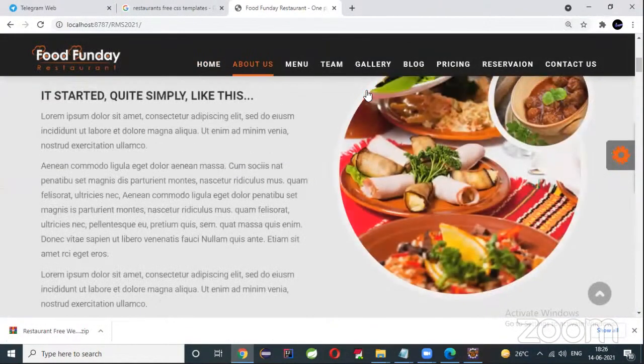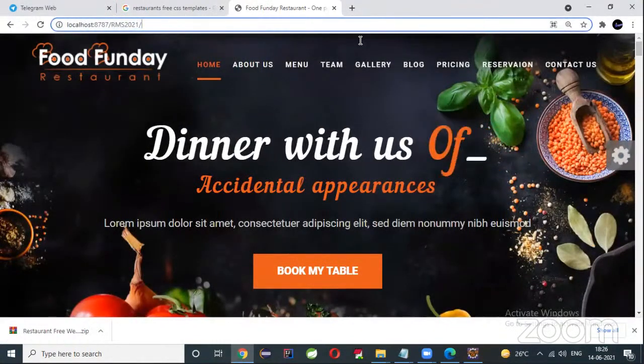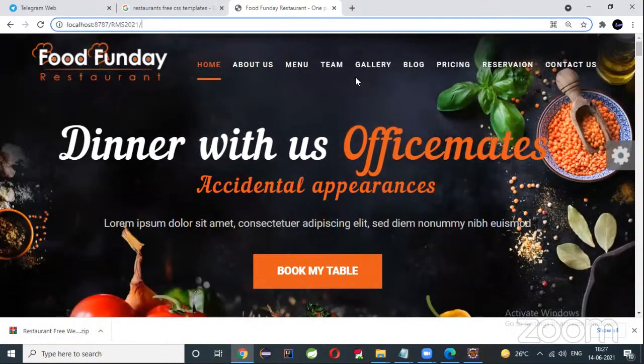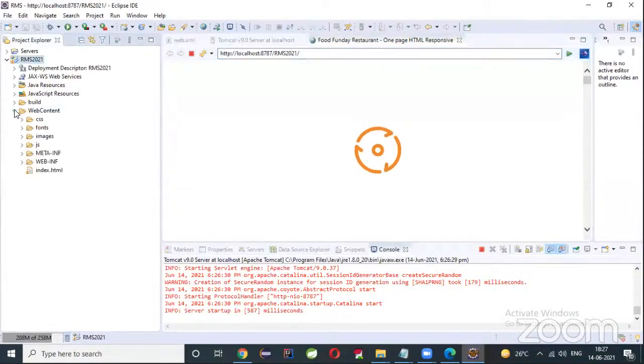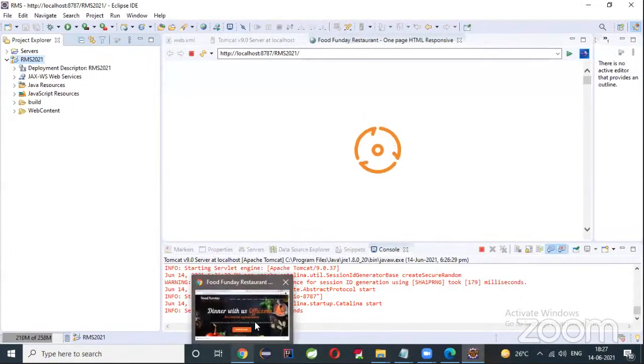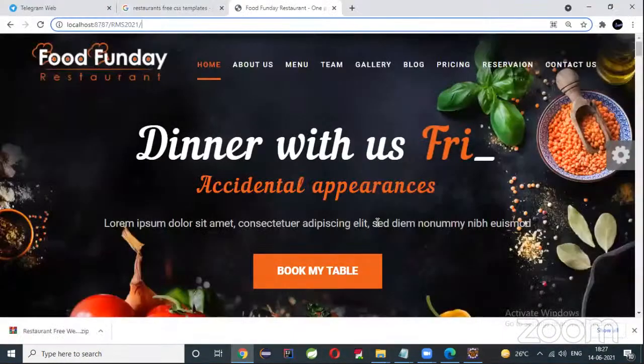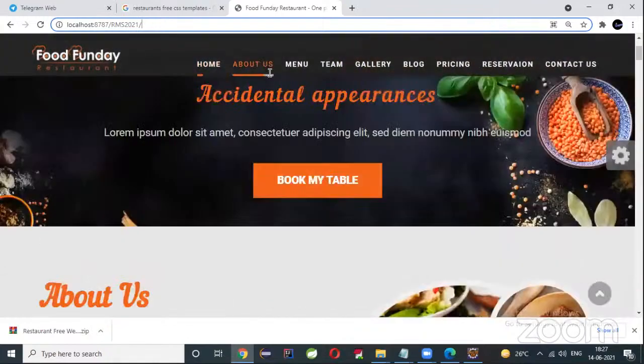this is my Java project only, right? I downloaded one free CSS template and I just pasted those files in the WebContent folder. Just I started the server. Now my project is ready. Project is ready means you have to customize actually. Is it clear? Here you can see these all are because of this